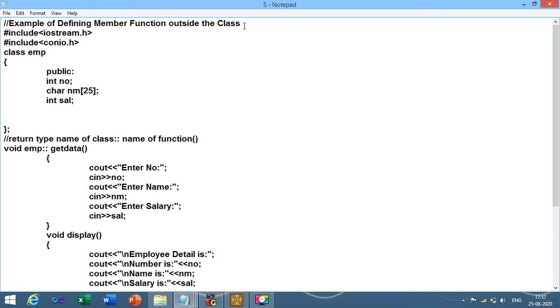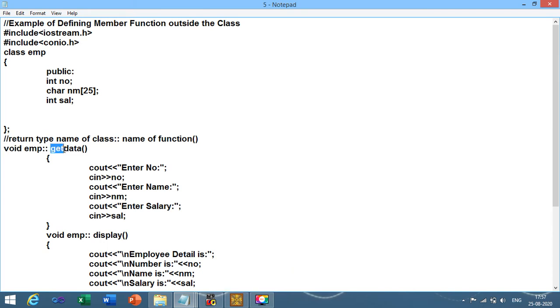What we have performed: first of all we performed the save as operation. After that, whatever functions we declared inside the class, we just cut them and put them outside the class. Now we need to specify that getData and display, both functions, are part of the employee class. So for that, what is the syntax? Return type of the function.